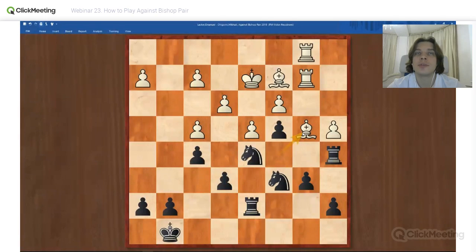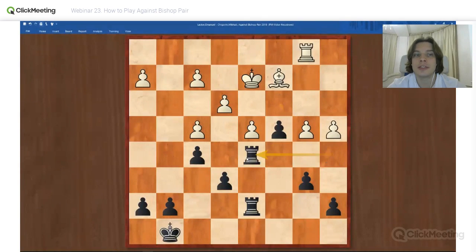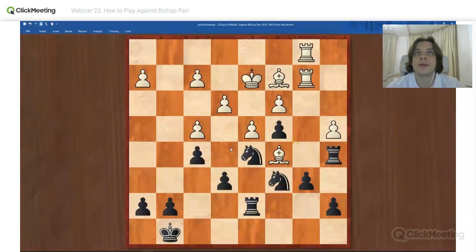Okay, so if bishop b4, then we take and equalize the position. So bishop b4, knight c b4, rook b4. If so, then we take again, and yes, here we get some room for our rook, and we are able to escape. Here, black is better, of course. Okay, but he plays bishop a3. White is also playing for a victory. He doesn't want to draw. g6.